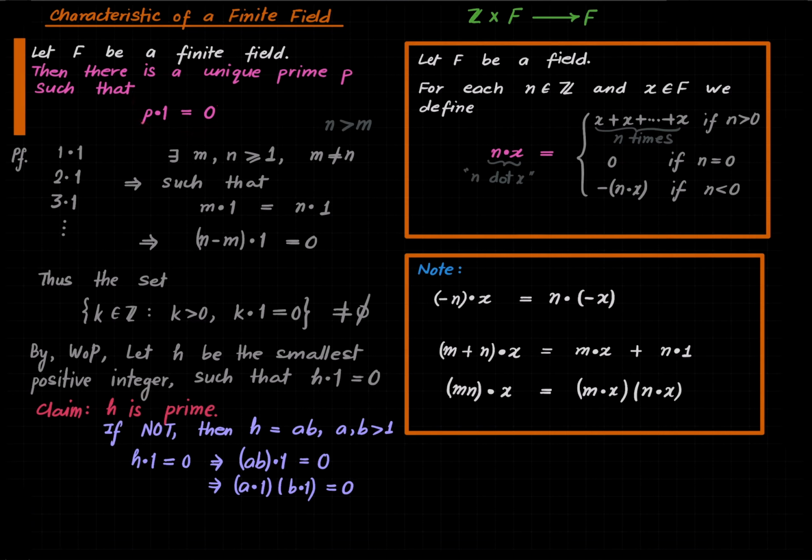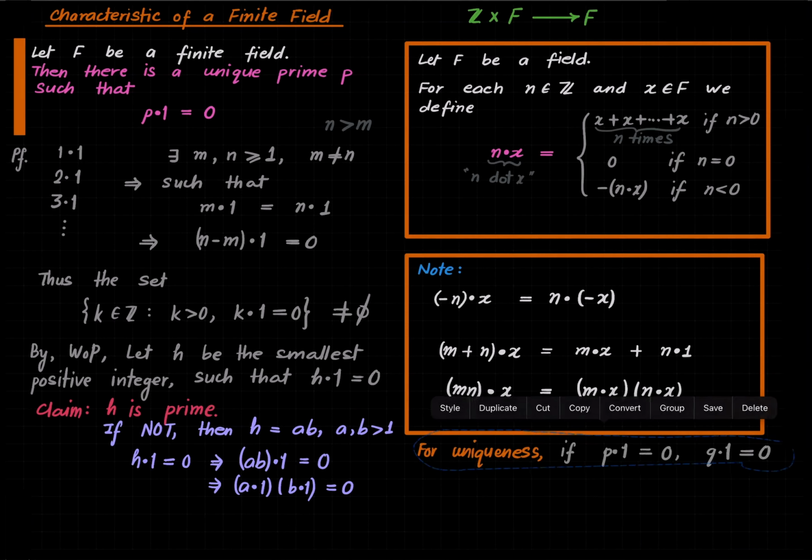Now we want to establish the uniqueness of the prime. So for uniqueness, maybe I'll write here. Suppose we have two different primes which satisfy that equation. So if p dot 1 is 0 and q dot 1 is 0 for two distinct primes p and q, maybe I'll transfer everything to the right hand side because there isn't enough space. So for uniqueness, suppose we have two distinct primes p and q,